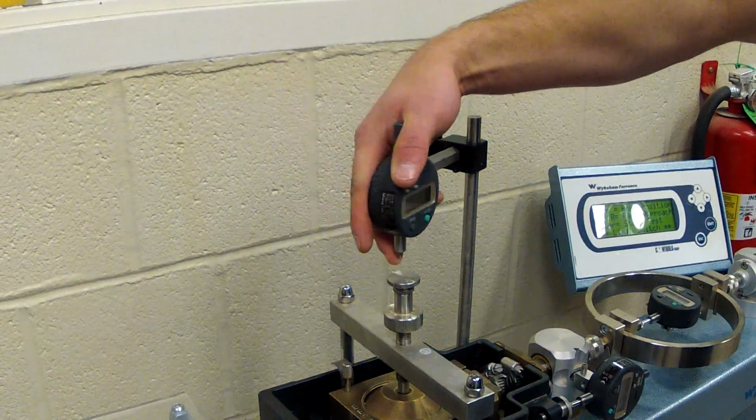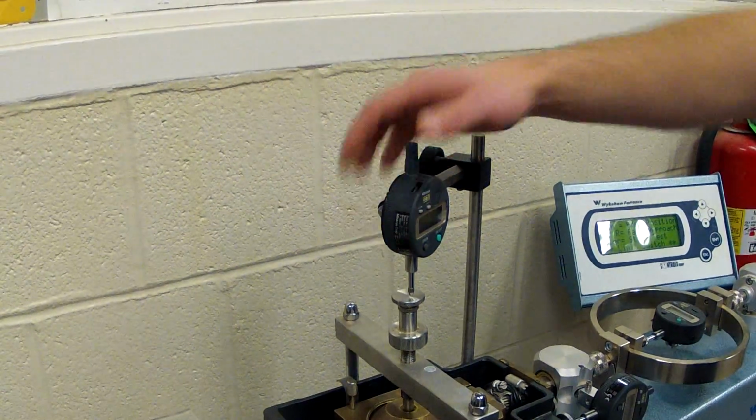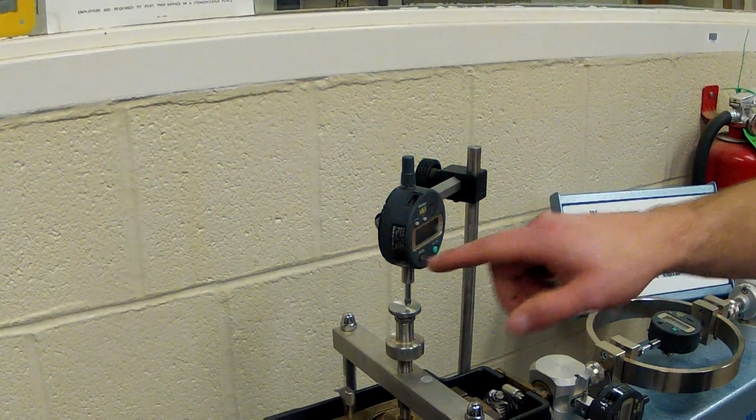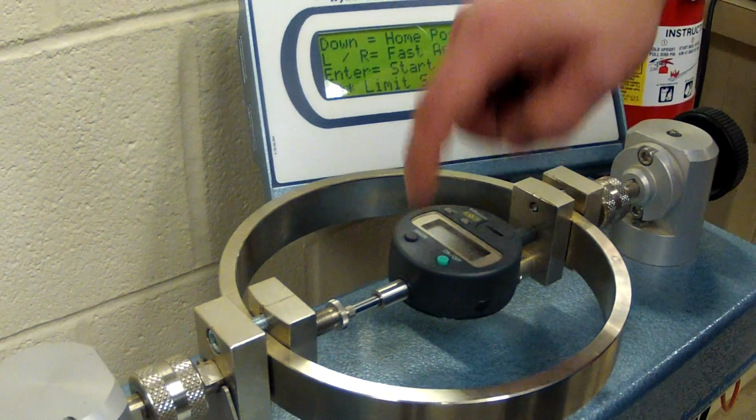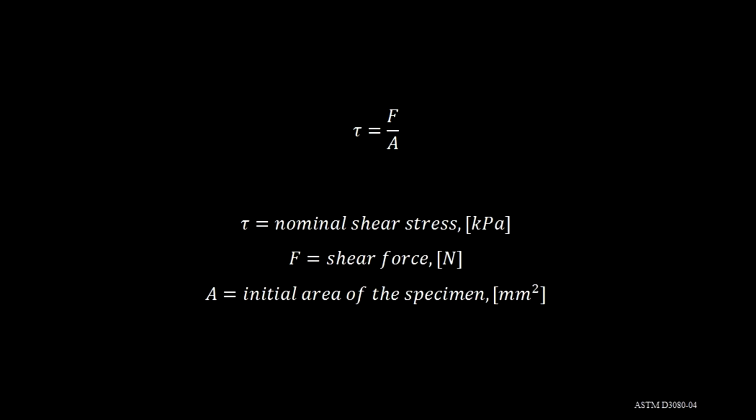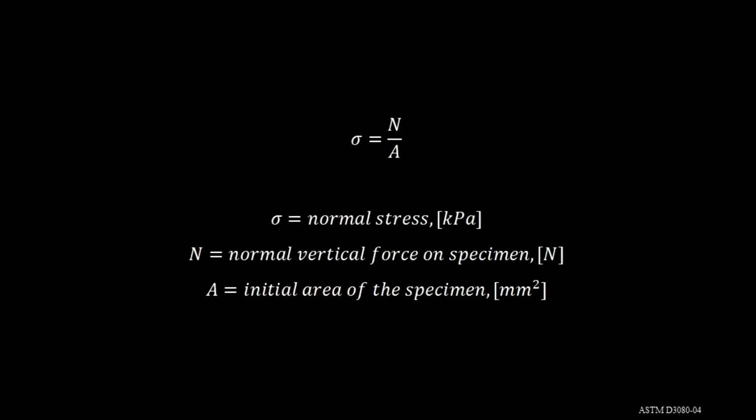Position and zero the dial gauges: horizontal deformation, vertical deformation, and shear force. Designate group members to track required data gauges. Tau equals F over A, where tau equals the nominal shear stress, F equals the shear force, and A equals the initial area of the specimen. Sigma equals the normal stress, N equals the normal vertical force on a specimen, and A equals the initial area